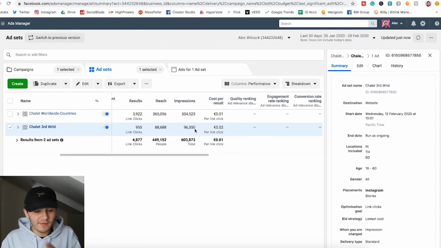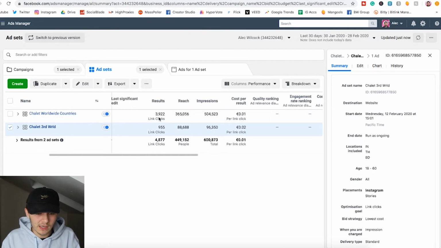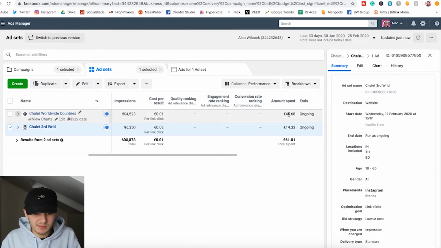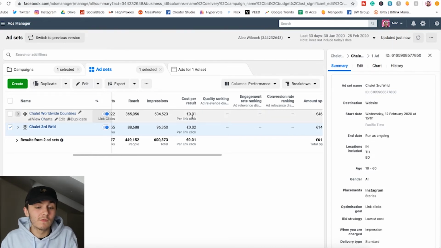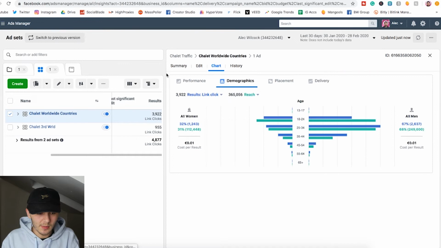So on the third day, before I stopped this one, I started running this one. I duplicated it and made some changes. So now, as you can see here, the results I got were better. First of all, the reason being is because I spent a lot more and I ran it for longer. But as you can see, the overall results here, I got 1 cent per link click, and I got way more link clicks. But if I click on View Charts here, I go back to Summary,